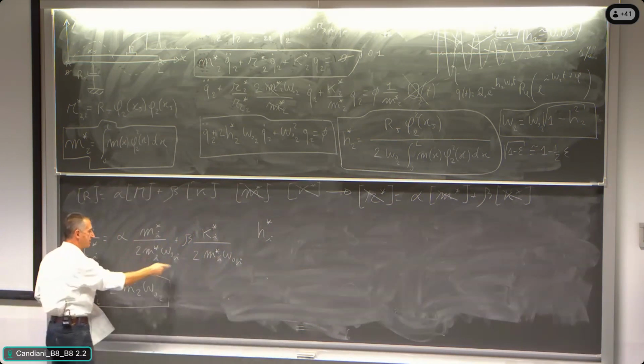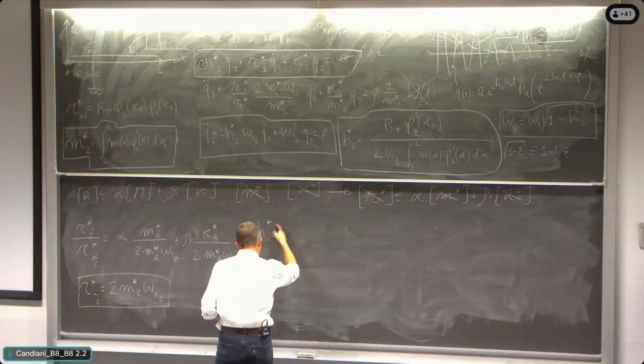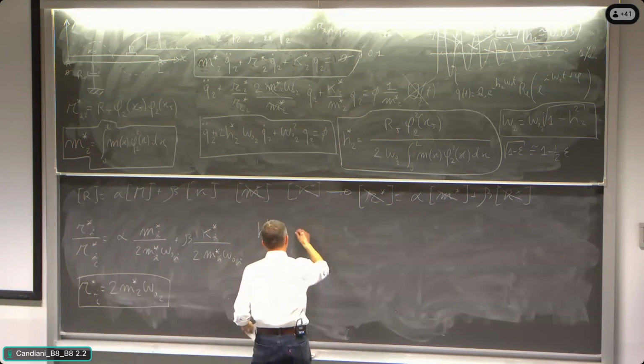The ith element. All right, so xi i star will be equal to 1/2